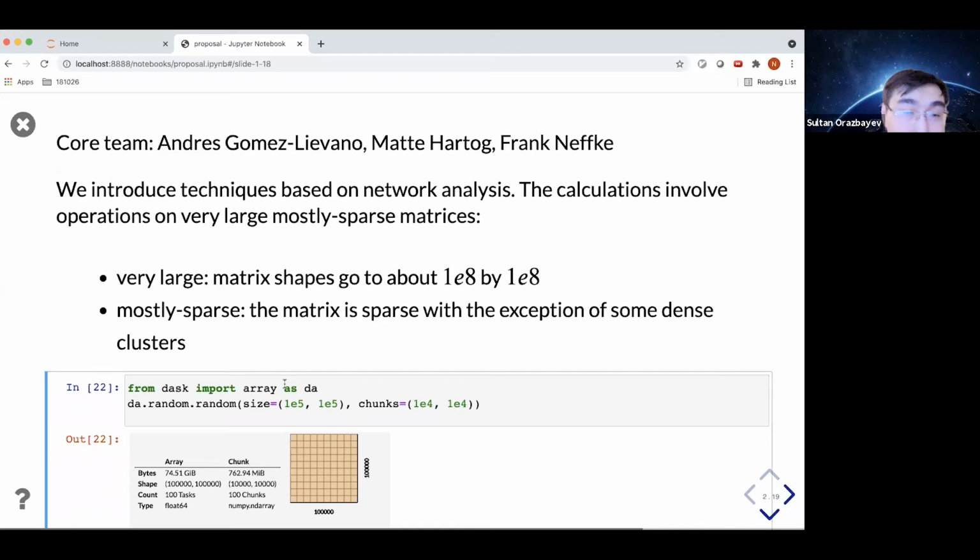But to give you some sense of the challenges, if you were to initiate this array, and of course this is a dense array, this is roughly the memory requirement, right? So 74 gigabytes for, sorry, 100,000 by 100,000